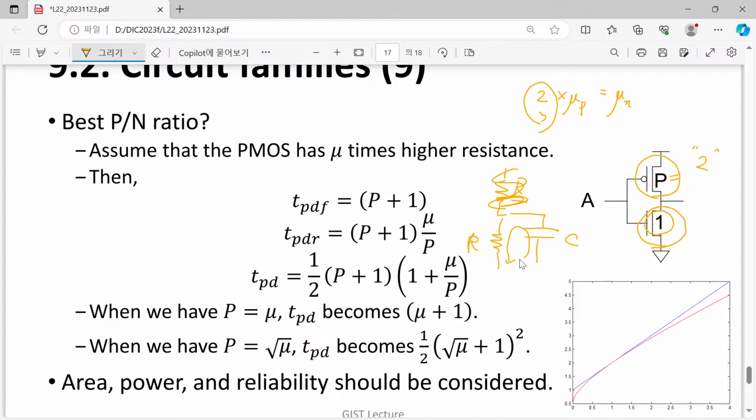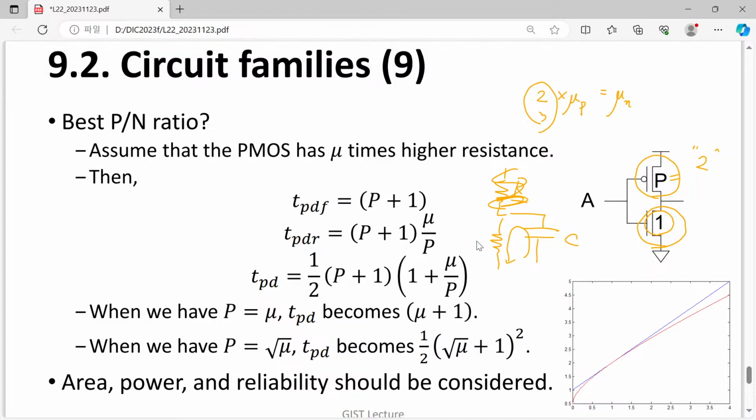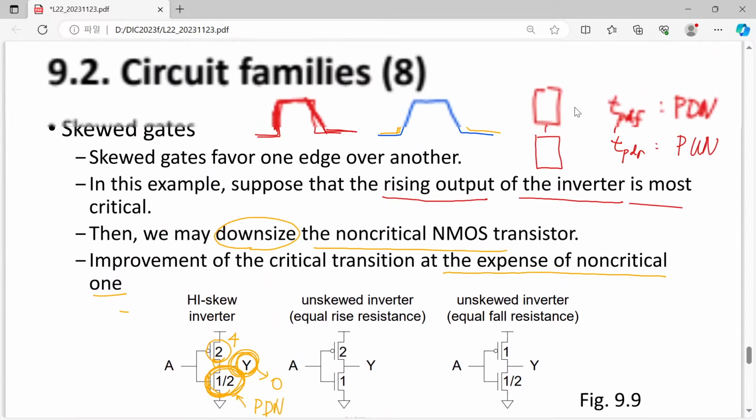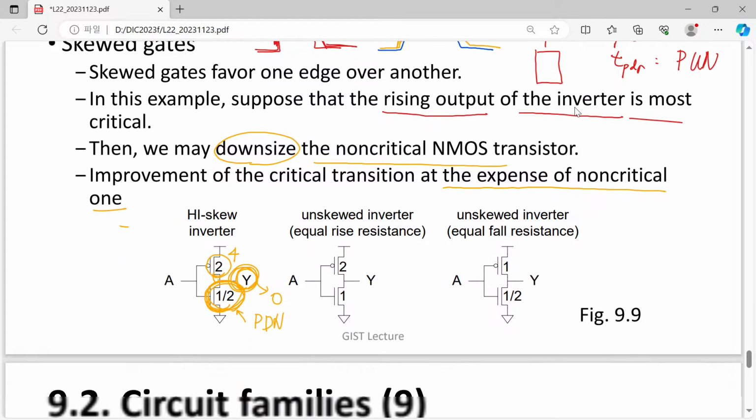So our usual way of thinking is we want to match the propagation delay for falling edge and rising edge. That is quite a reasonable approximation or consideration. But now, inspired by this, wow, by just playing with the relative ratio between PMOSFET and NMOSFET, sometimes we can intentionally increase and decrease a certain edge. So what is